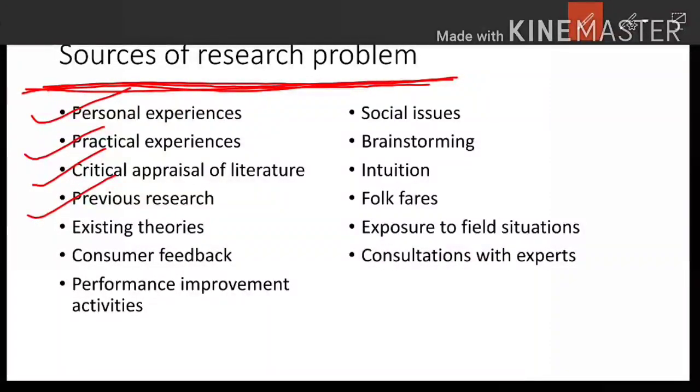Next is existing theories. Now, research is a process of theory development and theory testing, we all know. Nurses use many theories from other disciplines in their practice, and if an existing theory is used in developing a researchable problem, a specific statement from the theory must be isolated, and generally a part or parts of the theory are subjected to testing in the clinical situation. The testing of an existing theory is definitely needed in nursing. Therefore they serve as a good source of research problems.